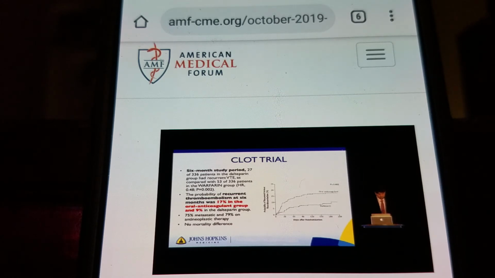Look at those recurrent VTE curves, clearly divergent. 17% recurrent VTE in the warfarin group versus only 9% in the dalteparin group. So clearly, dalteparin or low molecular weight heparin is better than warfarin for VTE treatment, right? But